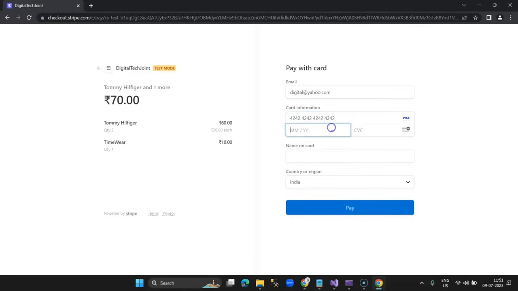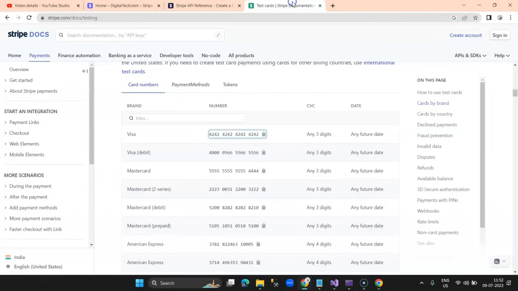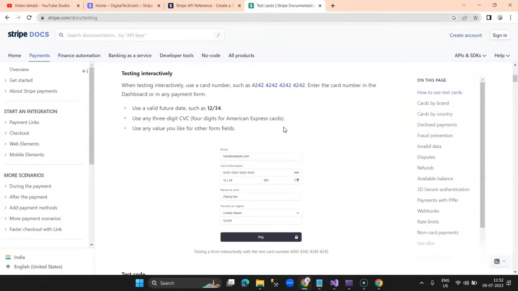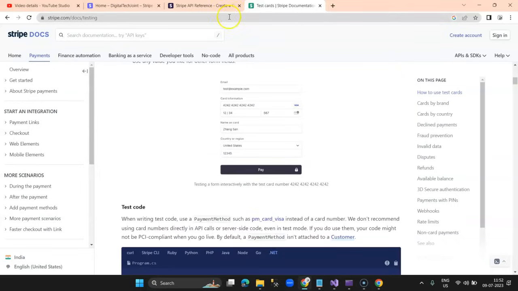So this is the card number, then we have the year. What is the card test number? Let me just check. Testing. So this is 1234, and